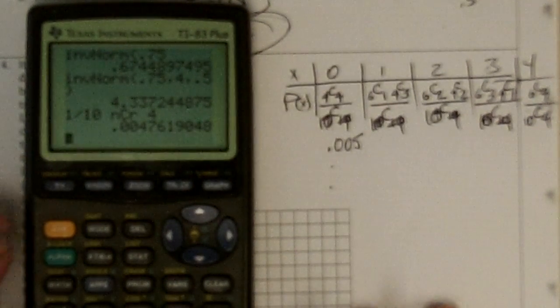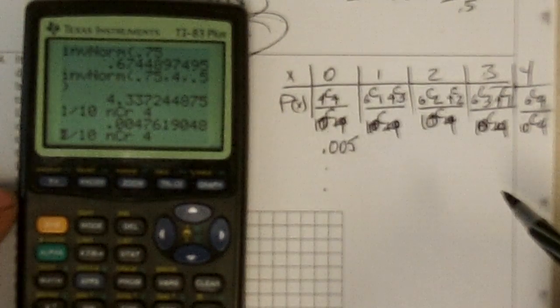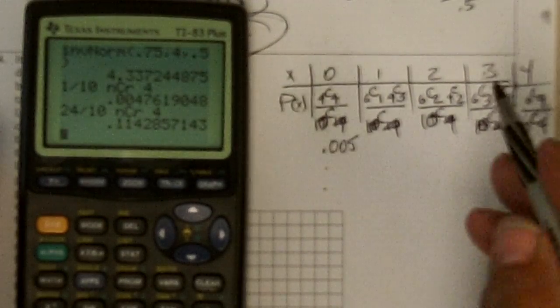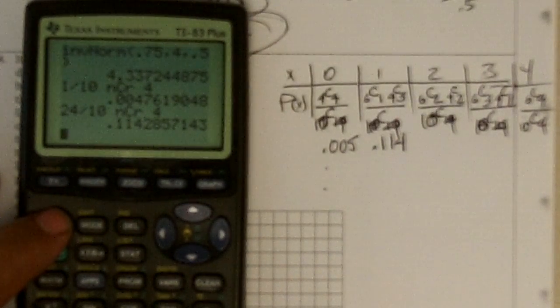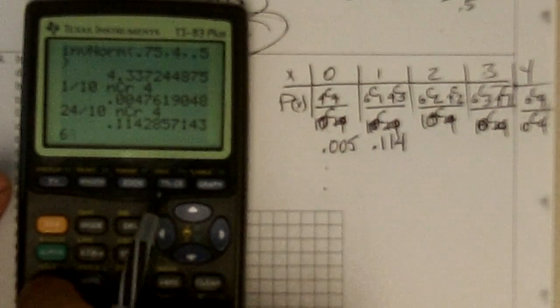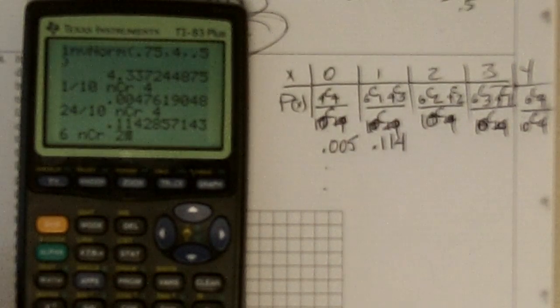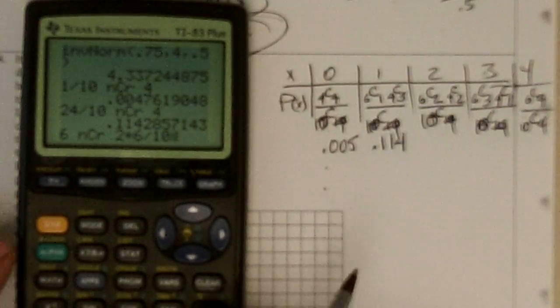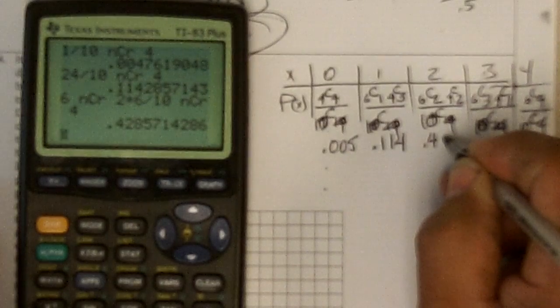And then 6 choose 1 is 6. 4 choose 3 is 4, so that's 24, divided by 10 choose 4, that is 0.114. 6 choose 2, not sure, so I'm going to go 6 math, I think it's 10, choose 2, and 4 choose 2 is 6, times 6, divided by 10 math choose 4, and I get 0.428429,